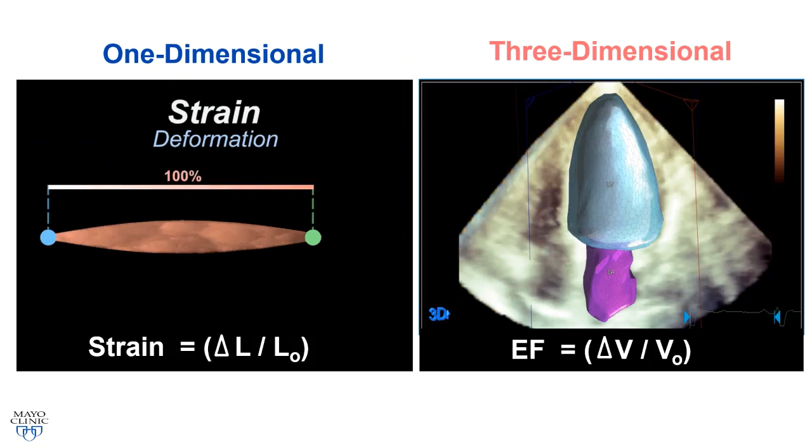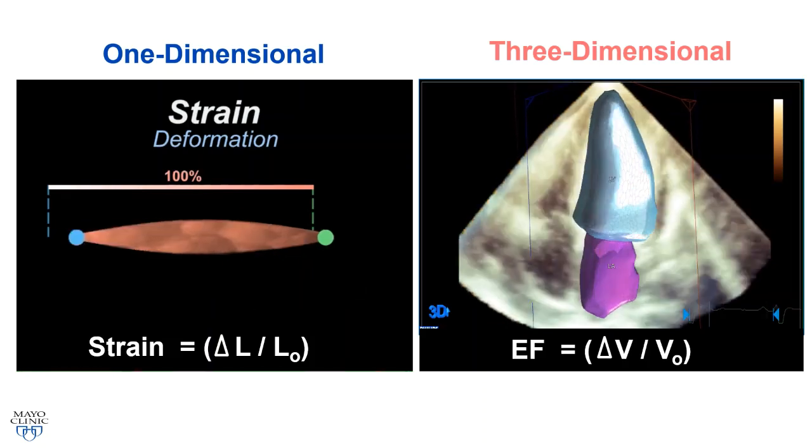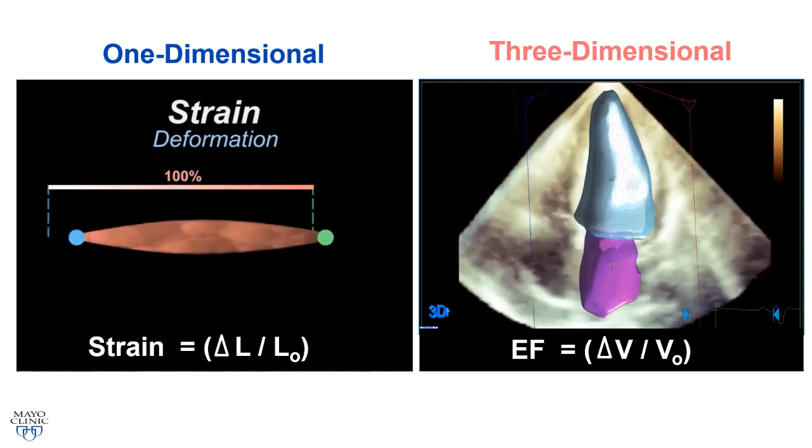So now we have two measures of LV function. We have strain and ejection fraction. And how are they related? For the three-dimensional heart, we look at things like pressure-volume relationships. Non-invasively, we look at things like ejection fraction, as that volume change per stroke is an estimate of myocardial performance,